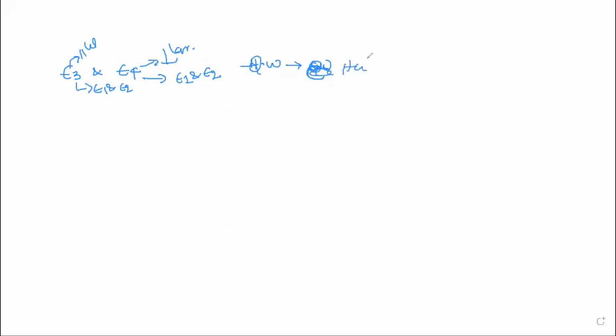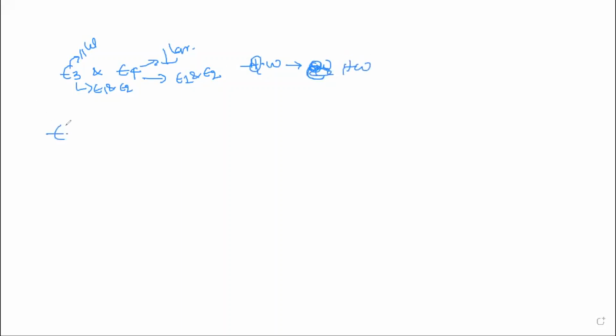So moving on to the next, that is the half wave section. Now in the half wave section, you know, it is E3 as well as E4 component. This is the parallel component which you are taking. This is the perpendicular component which you are taking. Now when you consider E3, you have to consider E1 and E2 component. Similarly, when you consider E4 also, you have to consider E1 and E2 component, which is coming out of the quarter wave section. You are going to check it in the half wave section.